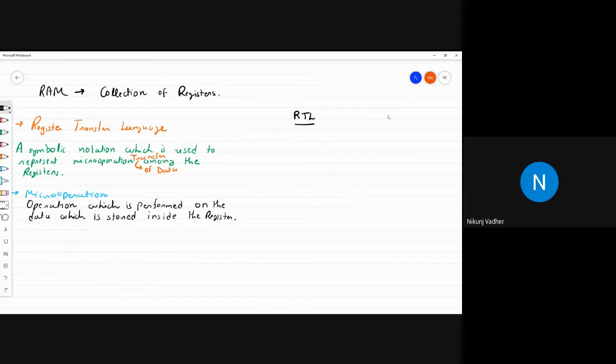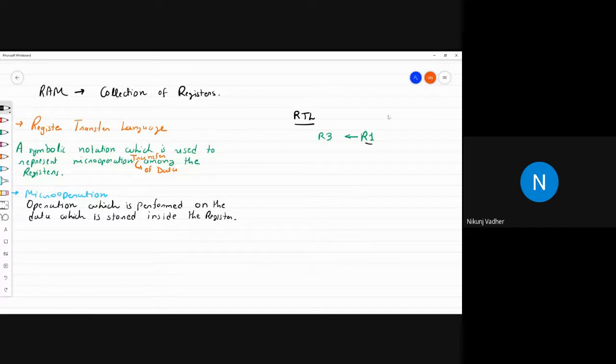So, let me tell you by showing a transaction. R1 to R3.